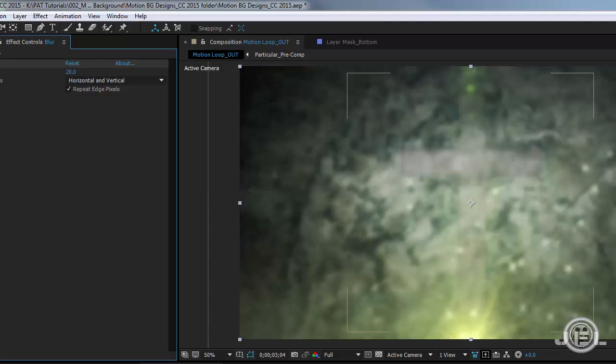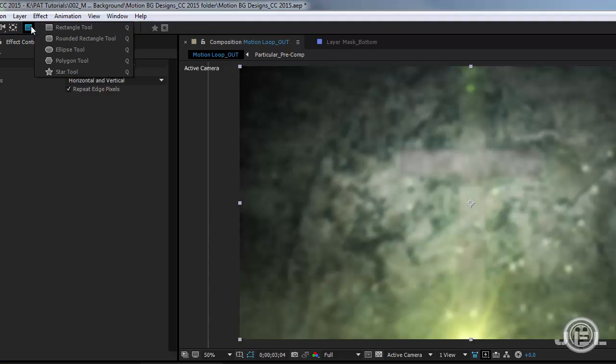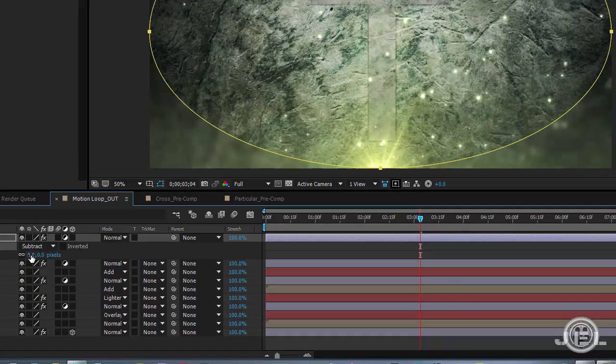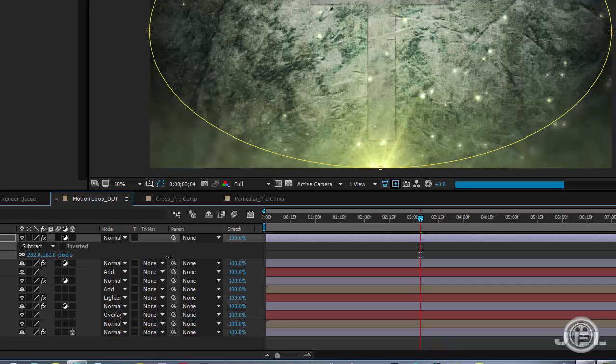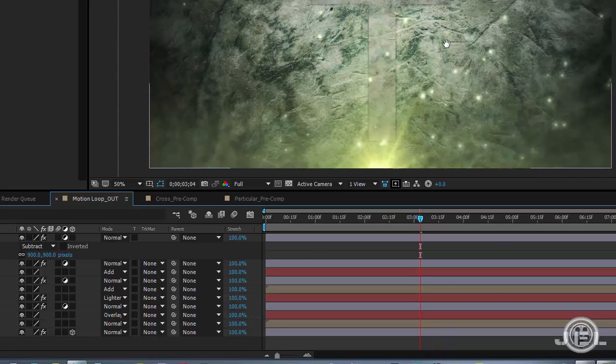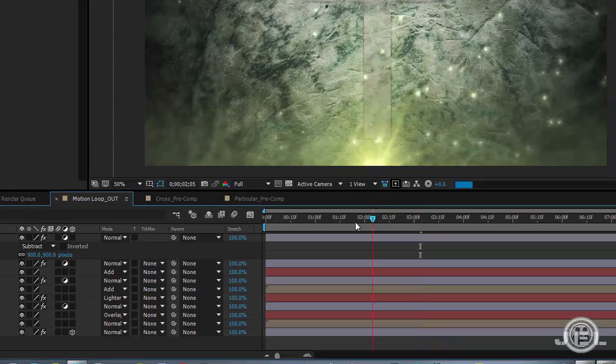Cool. And just like we did with our vignette effect, we want to go up here to ellipse tool, double click, and we want to subtract it. And just like vignette, we want to go ahead and feather that out. I think the vignette we did about like 900, so let's do 900 as well. Nice. So as you can see,